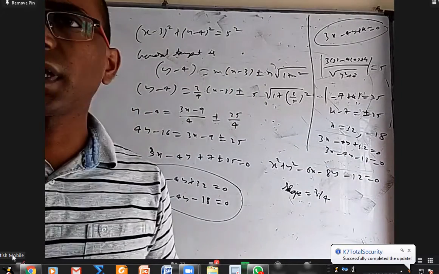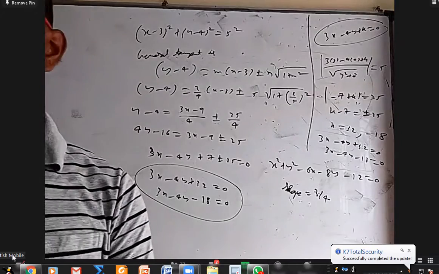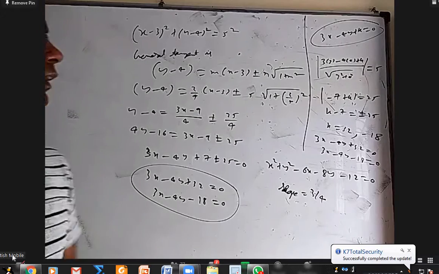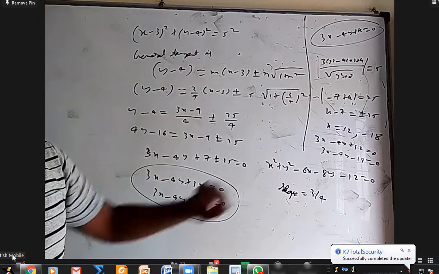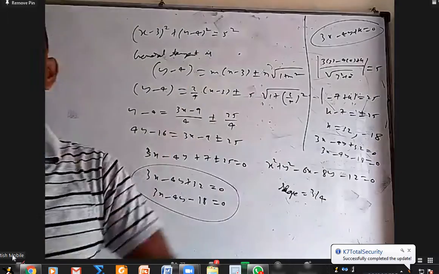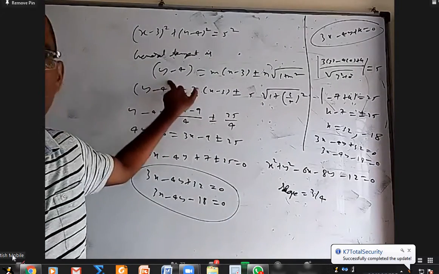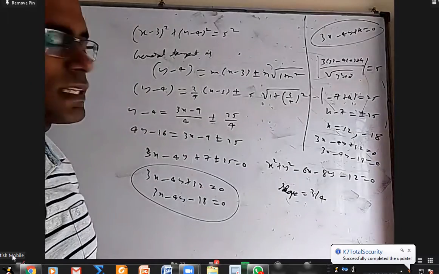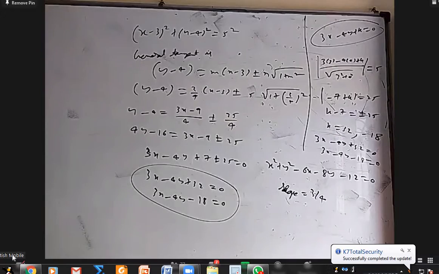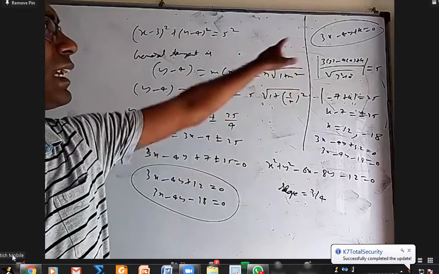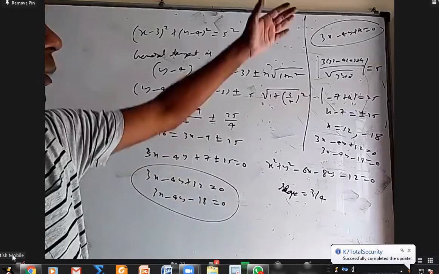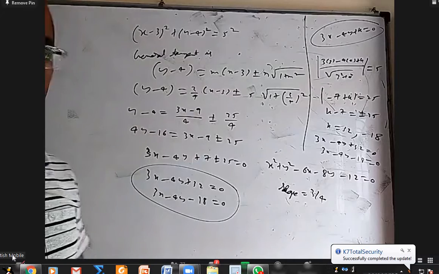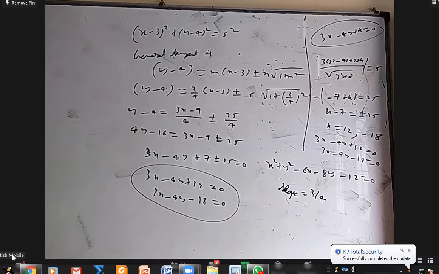If somebody has done a mistake, it's okay, nothing wrong. Basically, I want you to remember, even though I stressed on it yesterday, that only when center is origin is the general tangent y equal to mx plus or minus r root 1 plus m square. Otherwise, you have to replace y with y minus k or y plus f, and replace x with x minus h or x plus g. That's where somebody can go wrong. So you can do like this: let the tangent be 3x minus 4y plus k equal to 0, apply center perpendicular radius. Or if you want to use general tangent, this transformation is required.